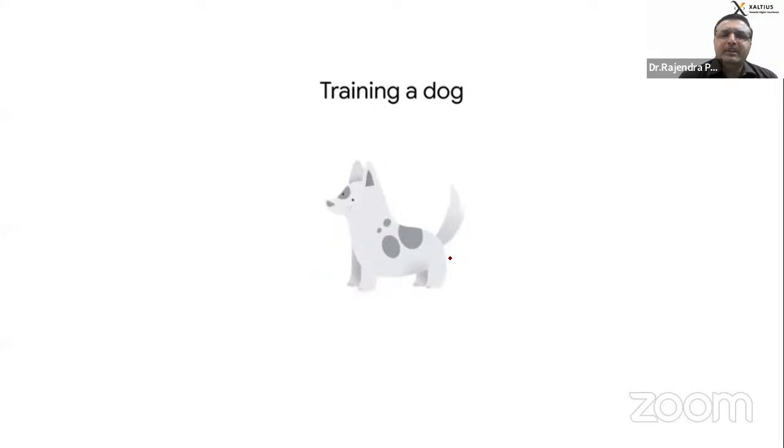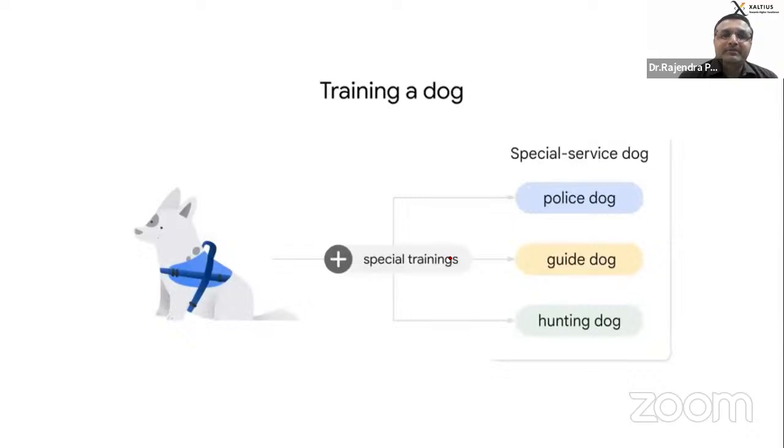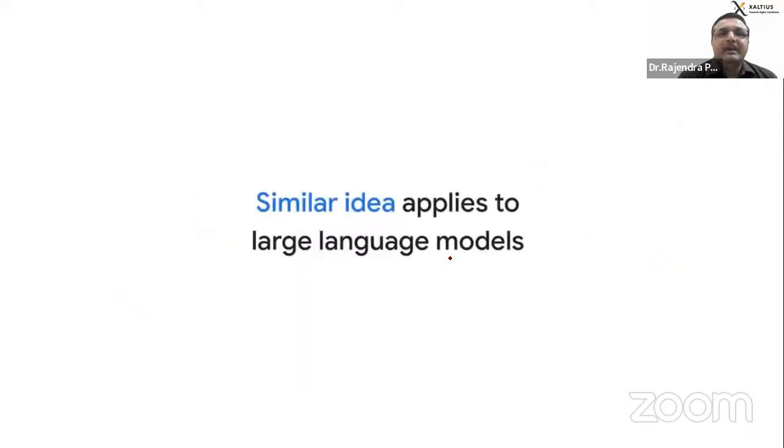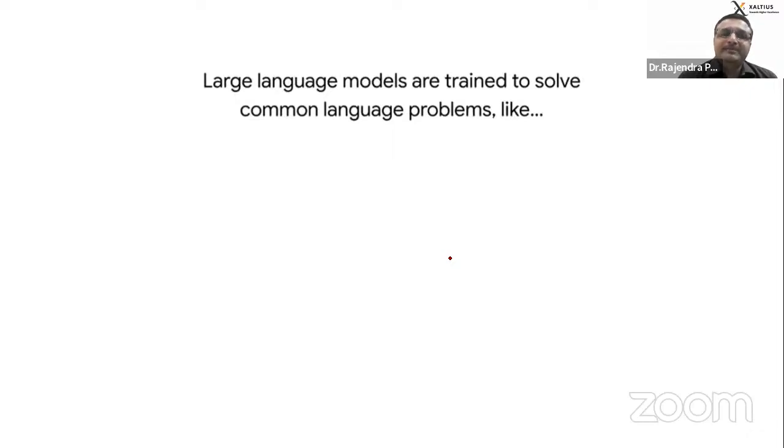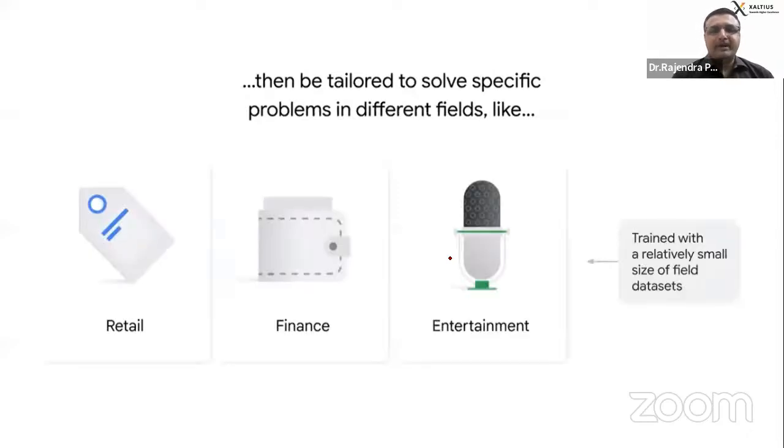Let's see one simple example, like training a dog. What happens when you start with the basic training? Sit, come, down, stay, and all these instructions are learned by the dog. Then accordingly, you apply them to communicate with him, and it responds to your instructions. Correct? The same idea is applied for an LLM. It learns your prompts, how you ask, and then accordingly it keeps responding to you. Now I will show you how I make my certain things.